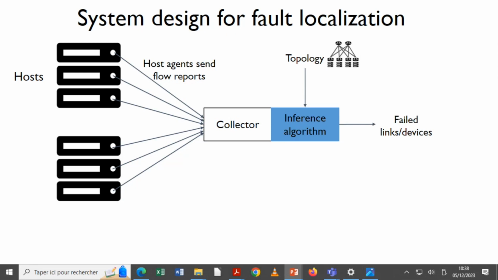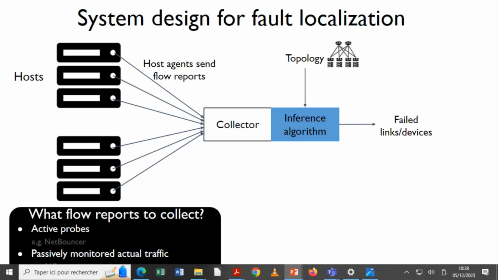In this workflow, we can categorize previous works along two axes. The first axis is what flow reports are collected by the agent, and there are two types. The first comes from the agent sending out active probes to the network to gather measurements, and then reporting the metrics of those probes.